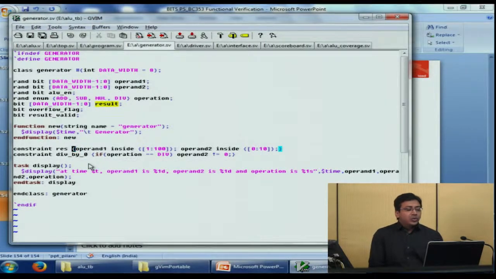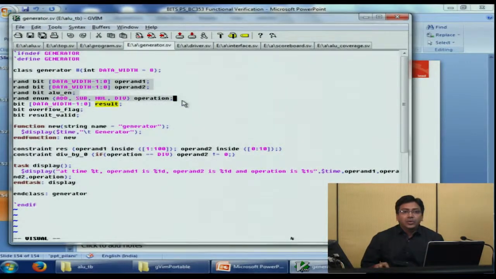Now let's move on to the constraints part. What we have seen till now is the interface, the assertions and how they are coded, and the generator block. Now let's see, because we have declared the 4 variables as random variables, but we do not want to